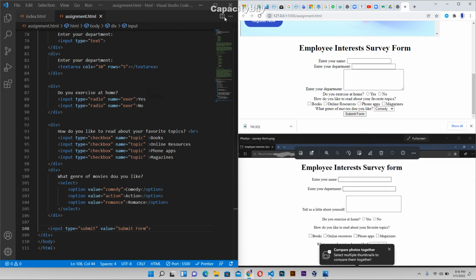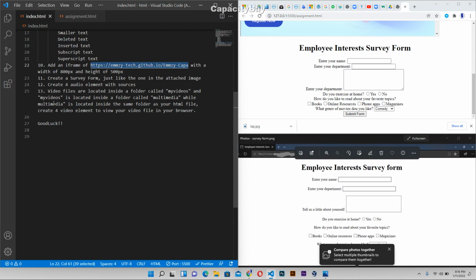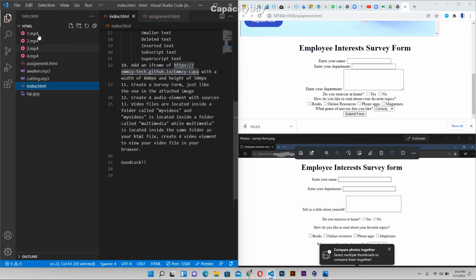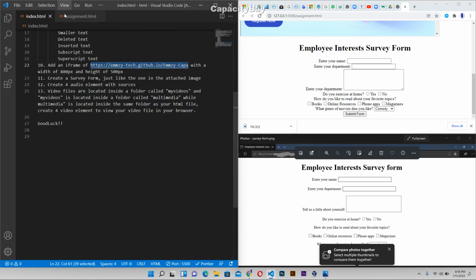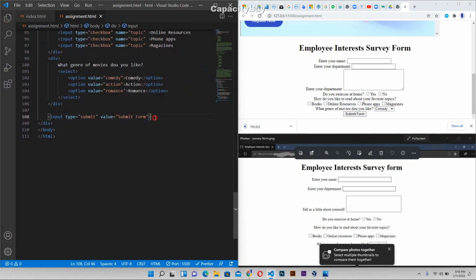So I'll go to the next one, and then the next question says create 4 audio elements with sources. Alright, I think I have just 2 audio elements here, so I'm going to create just 2 audio elements. Alright, so how do I do that? I'm going to go back to my assignment, that's HTML, and then I'm going to just make a comment, audio, and then I'm going to create my audio